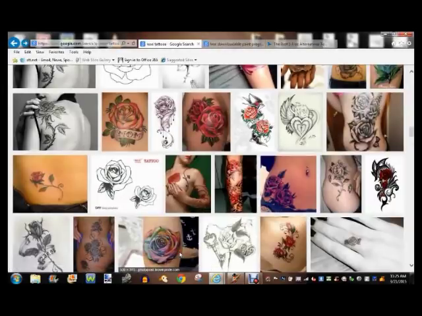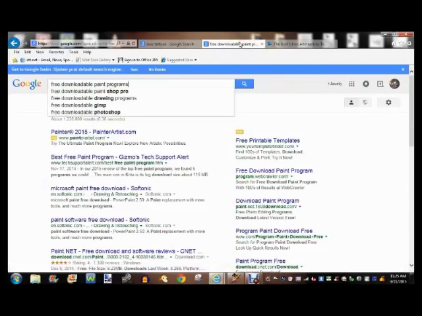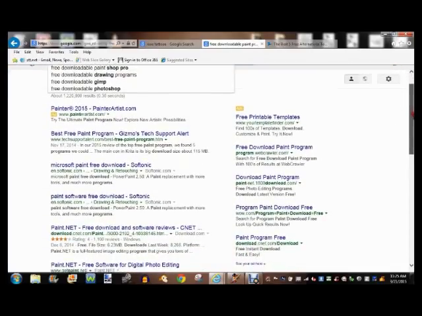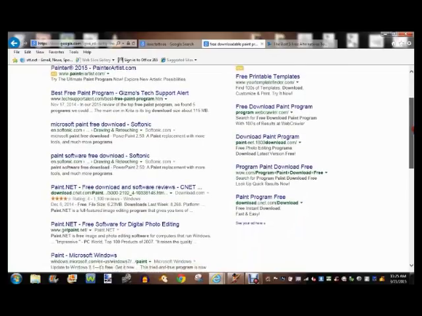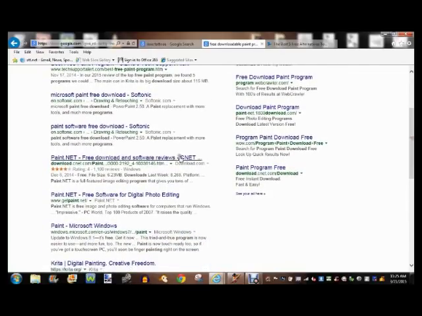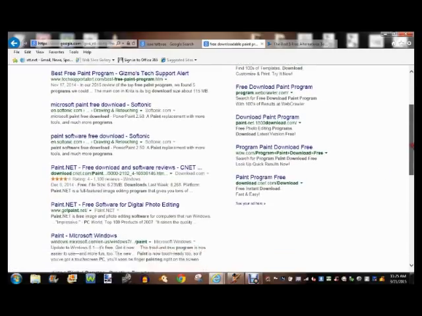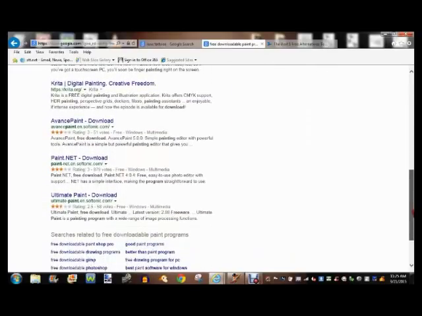What you want to do is get on the internet and then go to your search engine and type in free downloadable paint programs. Once you do that, you'll get several that pop up. You have paint.net, and there's others like GIMP and Arcsoft Ultimate Paint. There's several of these, so what you want to do is find the best one,